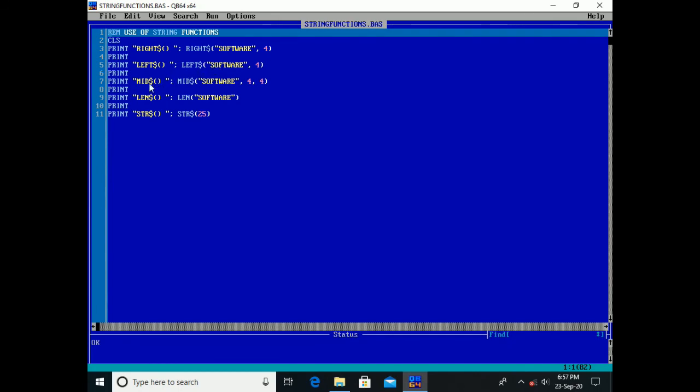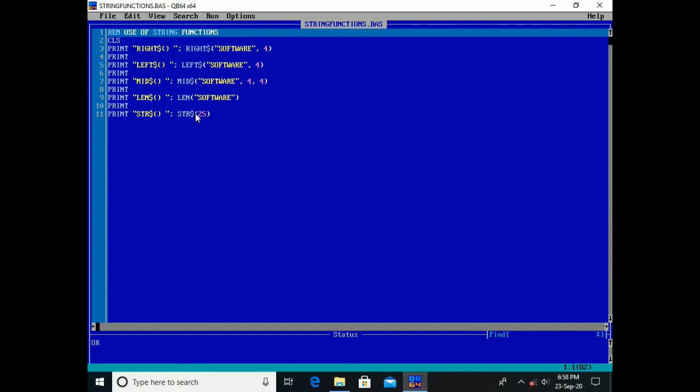MID function. This function returns a string of m characters starting at position n of the string. Now the LEN function. This function returns the number of characters in the string including the spaces. And the STR function, this function returns the string value of a number.